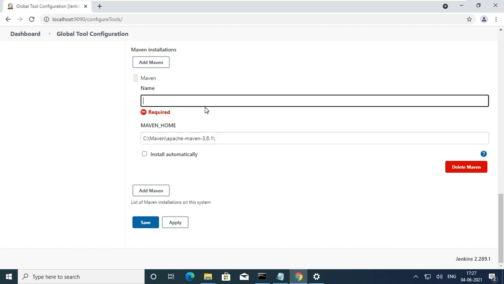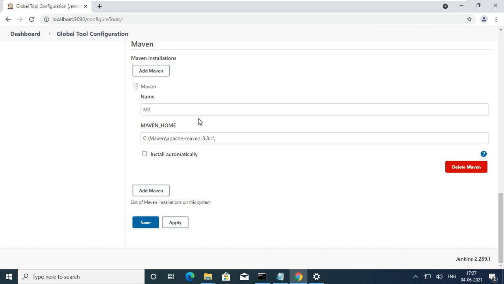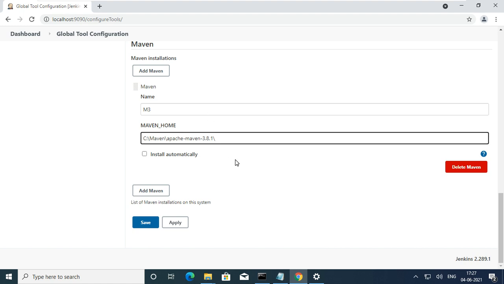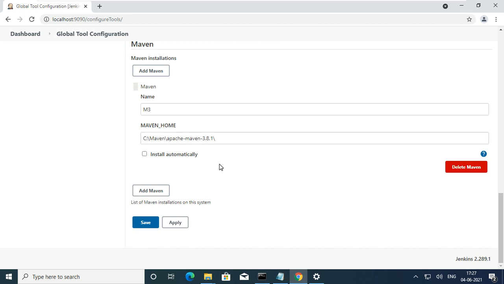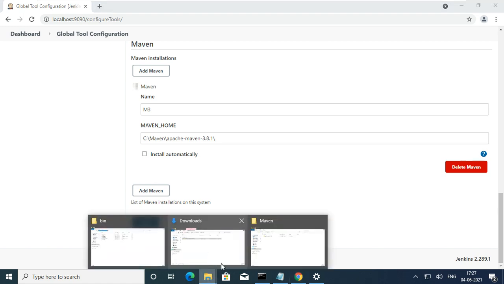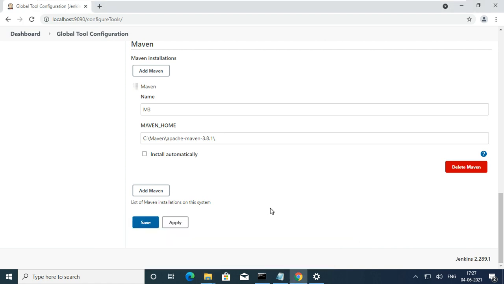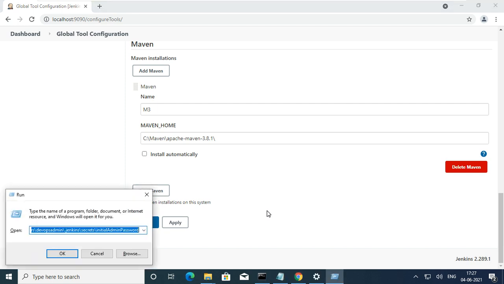The name is M3. I gave M3, meaning Maven 3. Earlier Maven 2 was there, now it is M3. 3.8.1. This is the Maven home. So like that you can save. And Maven no need to install, it is already installed. The only thing is you have to set the environment variables. That's it.